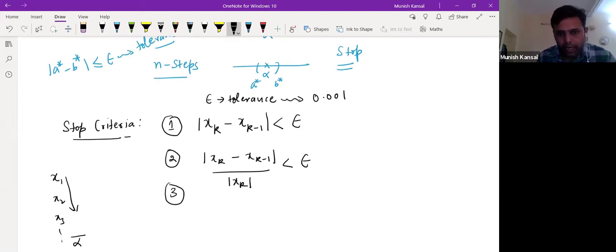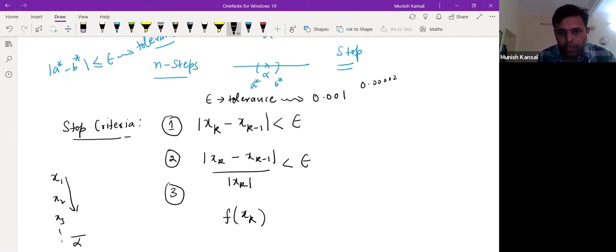So the idea here is when you plug the approximation, let us say xk, into the function, because these are approximations of roots, xk is your approximation to the root alpha. So whenever you plug your approximation into the function, we want it to be 0. But because this is an approximation, it will never be exactly equal to 0, but something like 0.0000 with some non-zero number then appears.